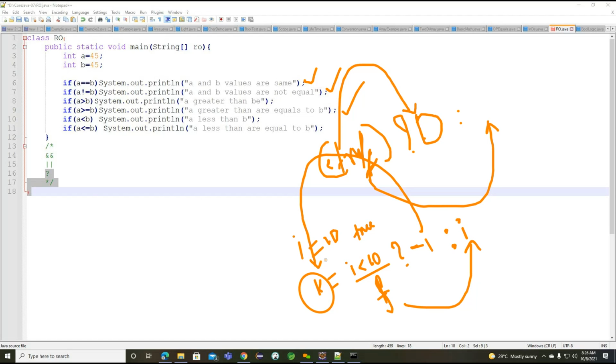We'll try to define this ternary operator in real-time examples multiple times. A simple example: if the person object is not equal to null, we are going to write person dot get member. Otherwise, we are going to load the member from employer dot get member. Getting the point? This is a different scenario here.